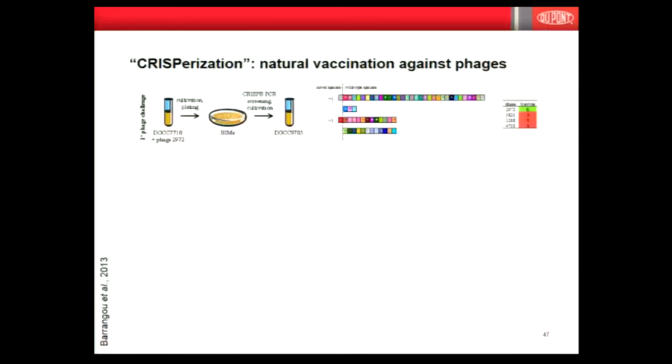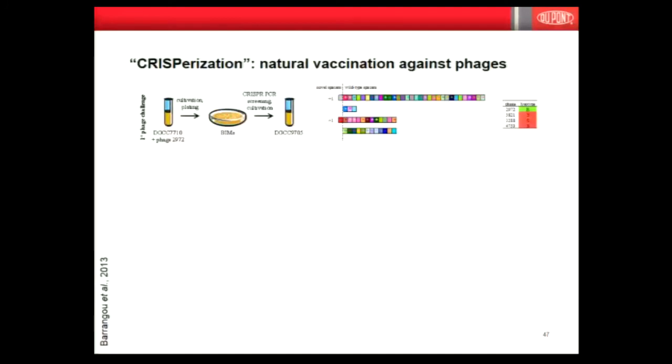So it's very simple. You start with your favorite strain. If you have a phage that is active on this strain, you can mix both and try to get survivors that you can then analyze by sequencing CRISPR loci. And when you have some luck, you obtain some variants that have additional spacers explaining the gain of resistance against